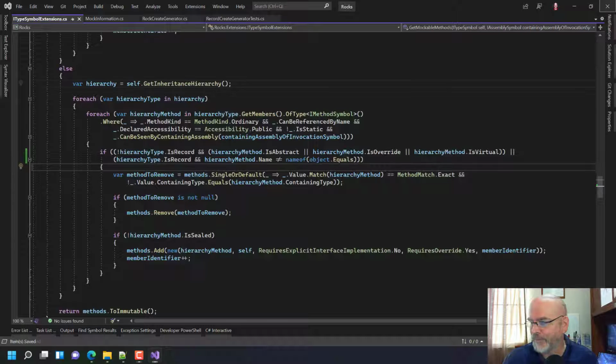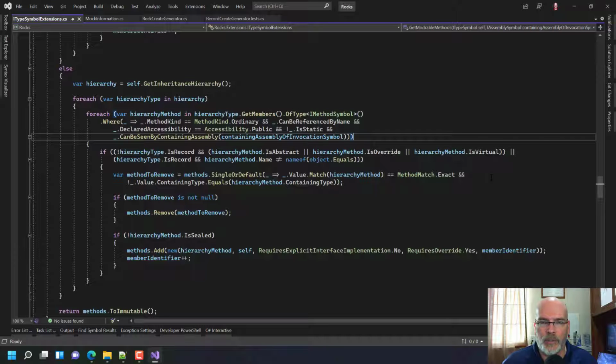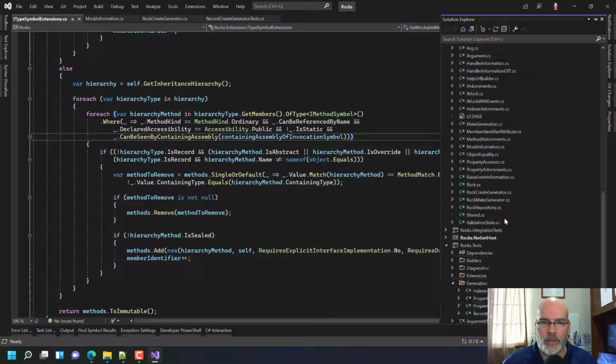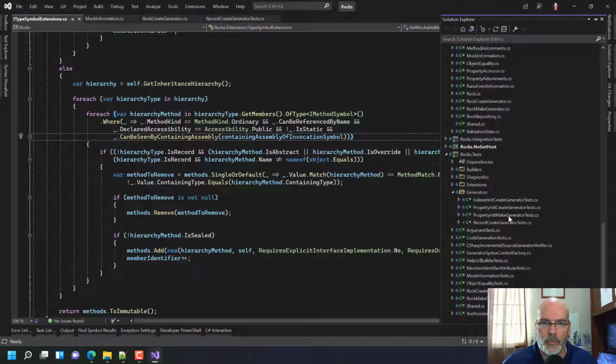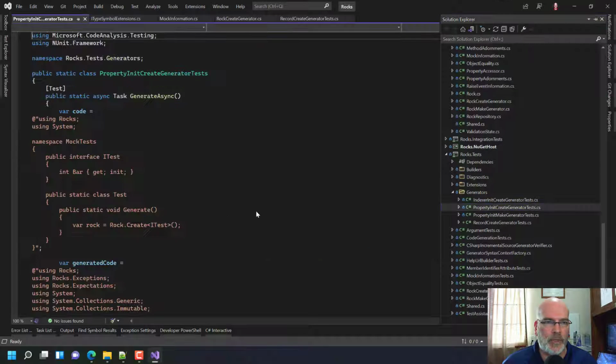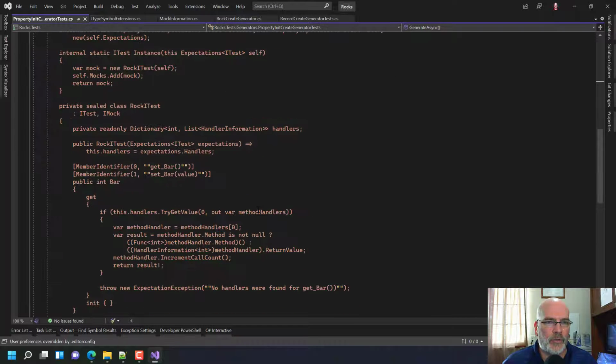Be right back. Okay, we got to the build succeeded part. Now we're doing the run test part. And if this works, then I'm going to be really close. So now the one thing it should catch, because we have this in some of the tests, is that the equals method is always being put in there, and that should show up in generated code tests. What do I mean by what I just babbled about? If I come back over here and I go down to my tests here, there's probably a property init create generator test. And if I look at this,